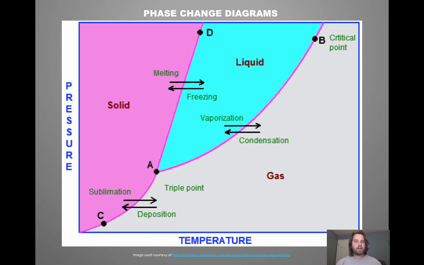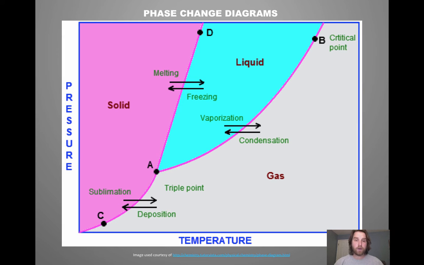So if we're looking at this like it's a graph, at much lower temperatures and very high pressures, it seems that water would be a solid. And then if you move across temperatures, it will slowly become a liquid and or a gas. So this is just an exercise in reading a graph or diagram and seeing at what points we have these. So in green, we will see these different words here